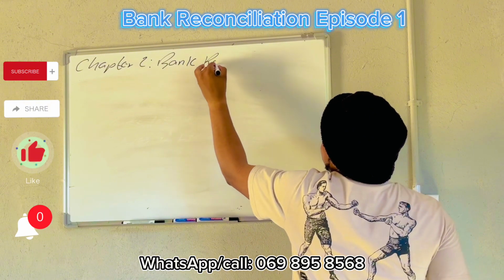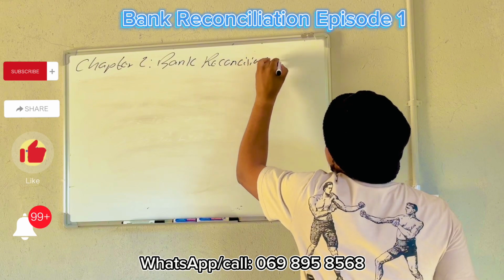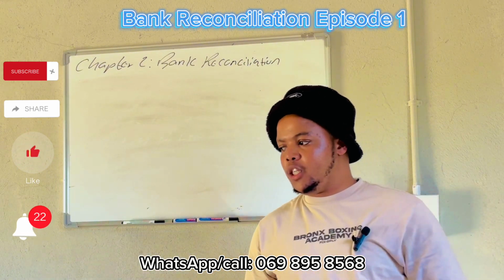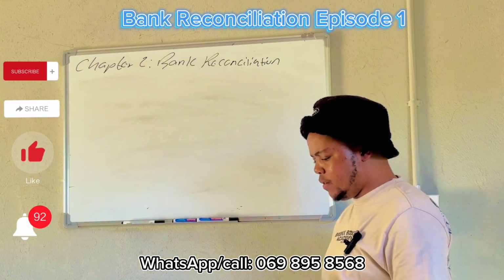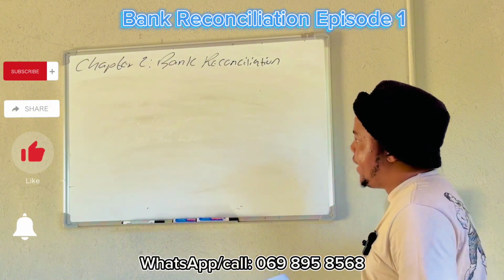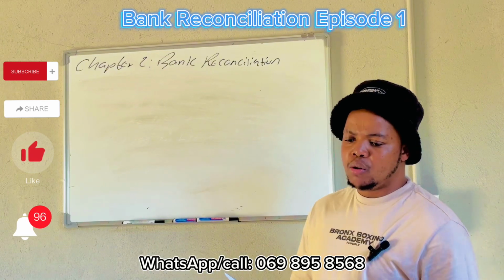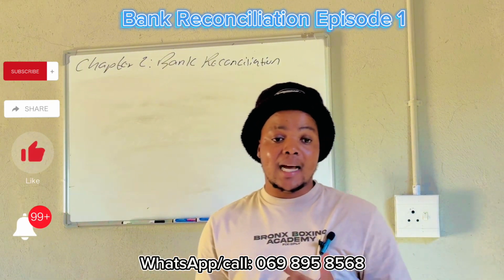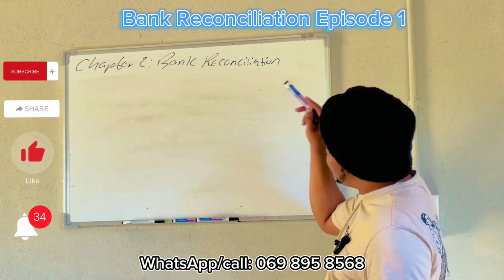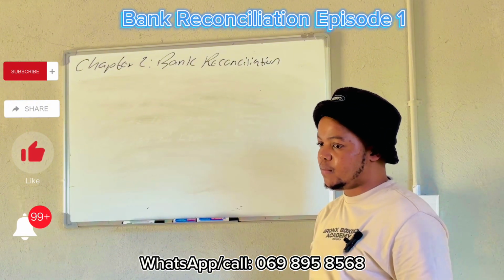bank reconciliation. So we need to go through bank reconciliation, and this bank reconciliation, students, is one of the chapters from paper 2. And from my experience, this chapter in paper 2 has more weight than other chapters in paper 2, right? So meaning that it's a must for a student to go in knowing everything on the reconciliation, right?